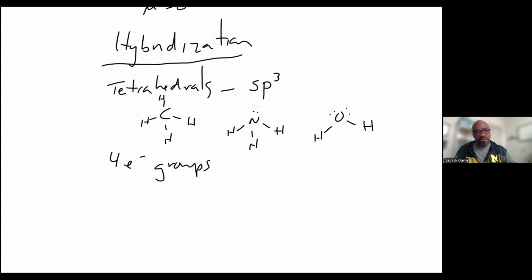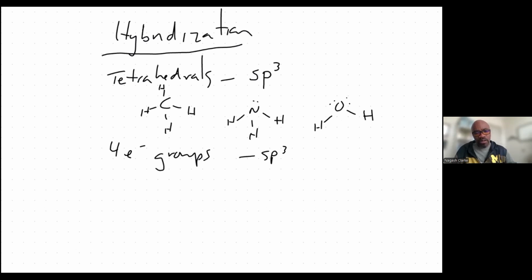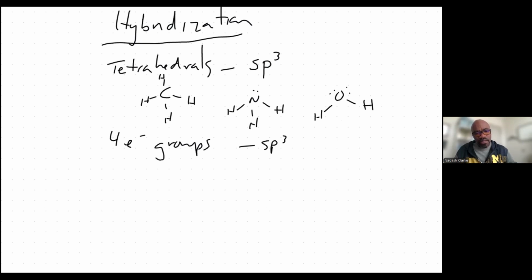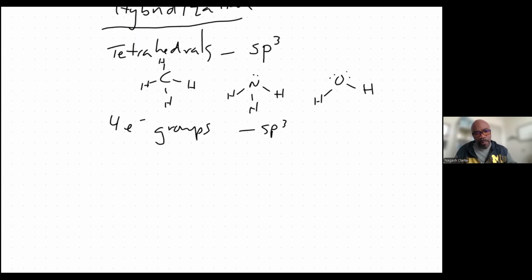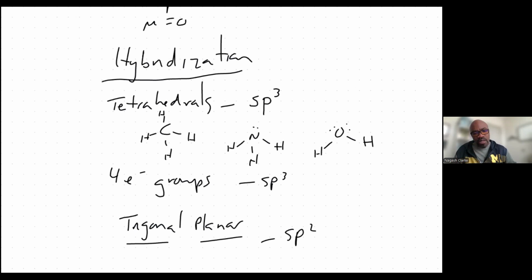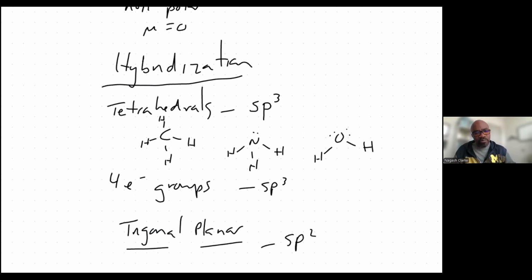Four electron groups, so it's going to be sp3. Trigonal planar is sp2, meaning I have one s and two p orbitals combined to form the hybrids. So with trigonal planar,